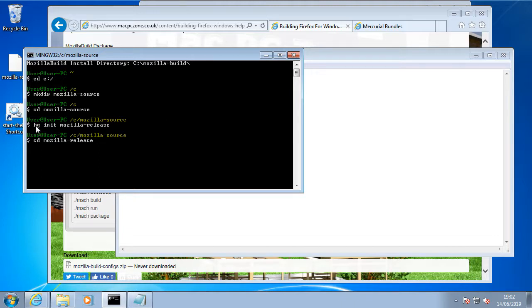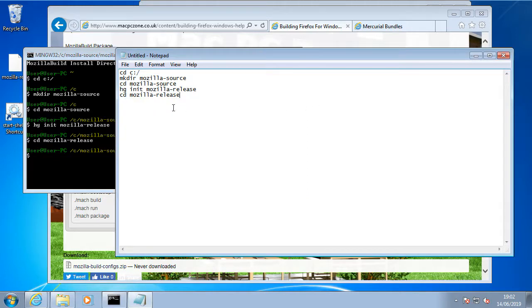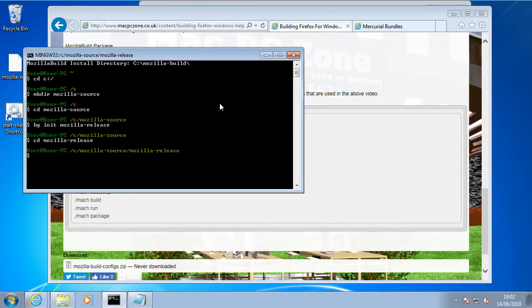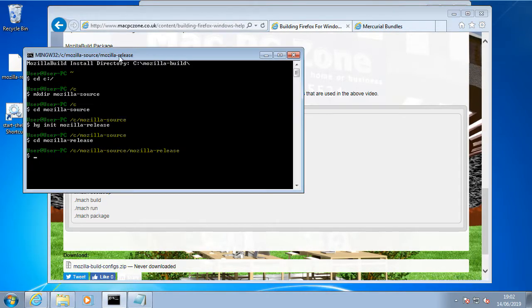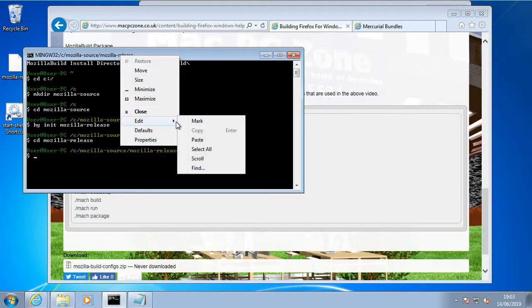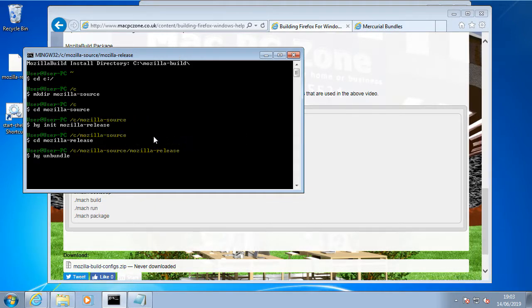So the important bit is this hg init, because if you don't do this, then the next command won't actually work. So you have to make sure that you're inside Mozilla release, and then what you do is now you just have to, let's get rid of that. So now you do this hg unbundle, and then it's the path to this file,